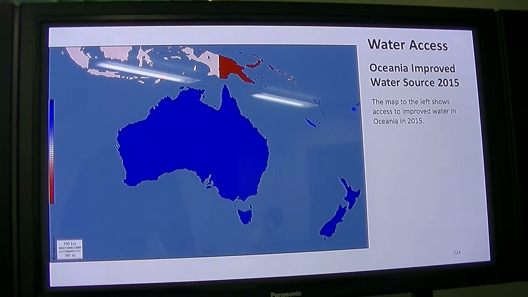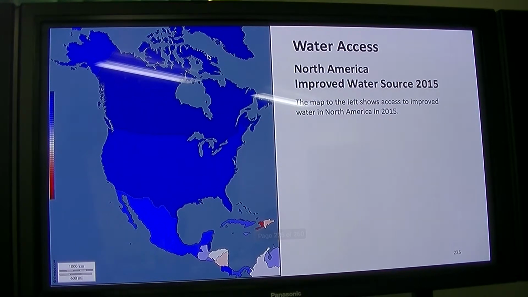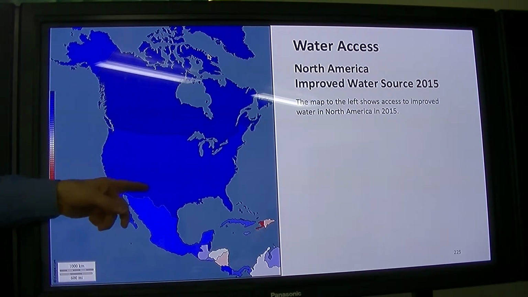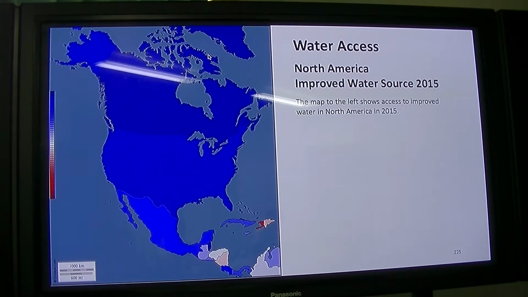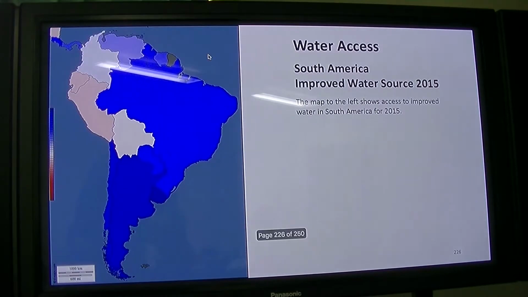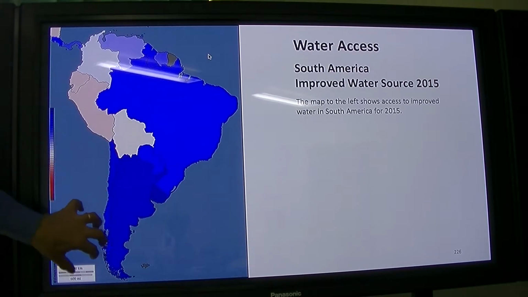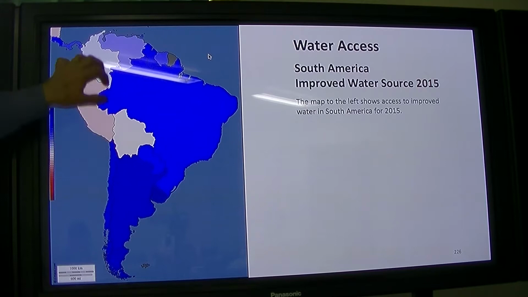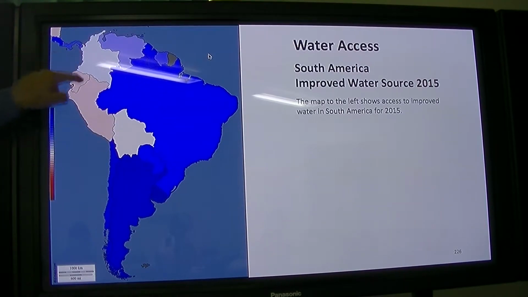So improved water means that there's some processing. For some reason, the U.S. doesn't quite come out at 100%. I can't quite figure that out. It may be that it's just local supplies of water. South America in general, access to water is high in most of these countries, but the Andean countries are a little bit below average. Remember, these countries are poor. This band, the area right here, are relatively poor, and that's a reflection